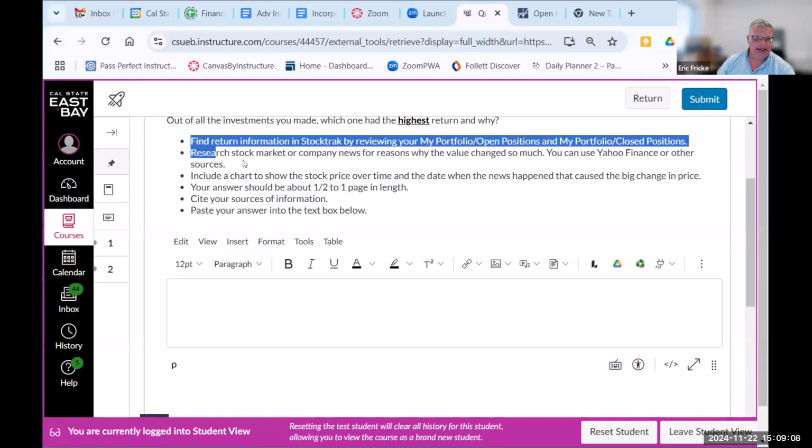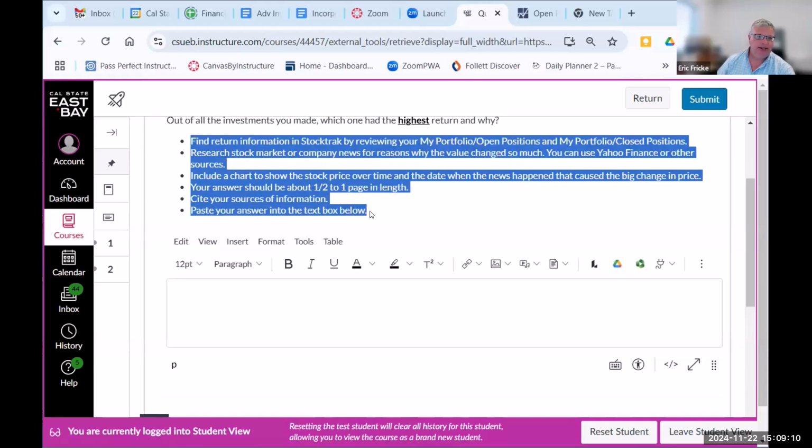And so check out these directions. And so you see the first thing is, figure out which stock performed the best for question one. And you go to your My Portfolio and Stock Track open positions, and also check your closed positions and pick the highest percentage returning one. I will say this though,